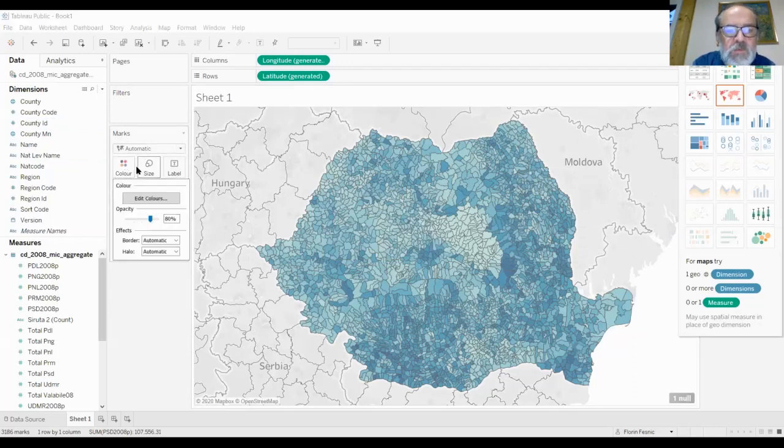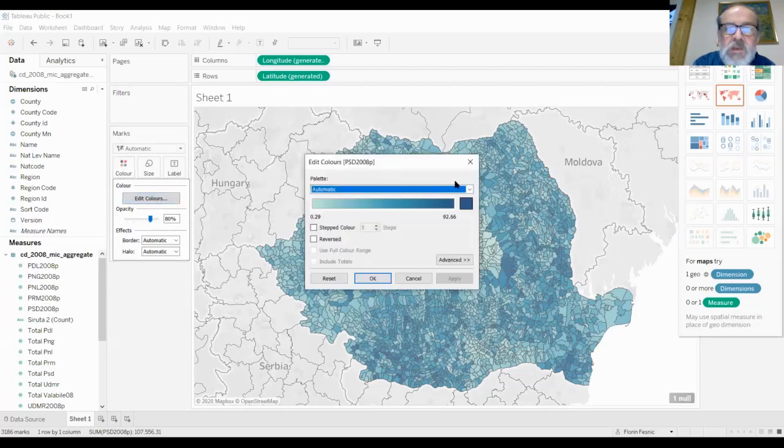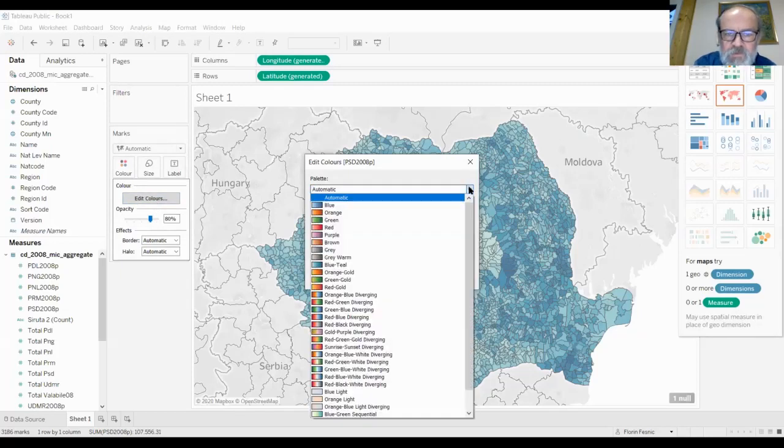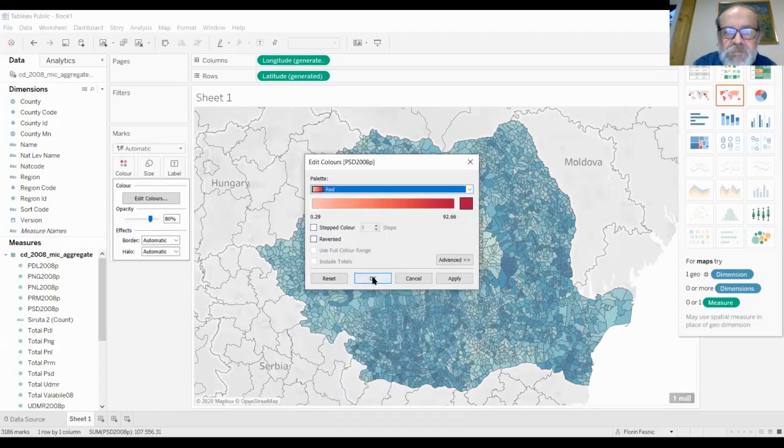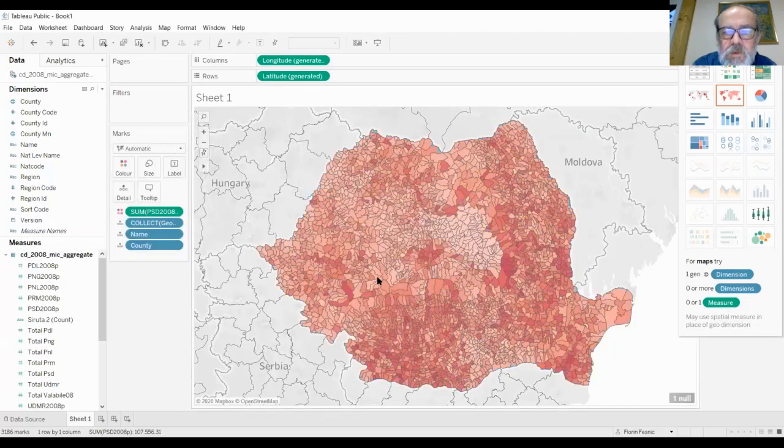So we can go back to the color menu and edit colors. And instead of these various nuances of blue, which is kind of the default in Tableau Public, I want to choose red. And now the map is colored in red.